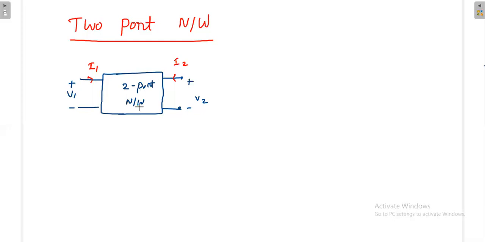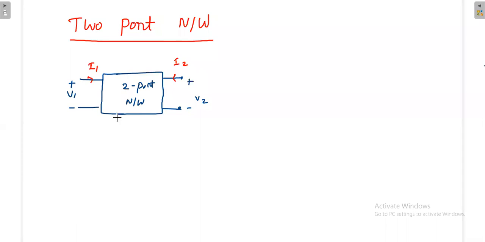It all depends on the circuit condition, what elements are present in the circuit, what is the source, what is the load that you are connecting. But by definition, the current is always entering into the two-port network. With respect to voltage, no problem. In reality, this may be negative also, we do not know. But as per the convention, we put plus sign on top, minus sign at the bottom, as a regular voltage. Here also, plus on top, minus at the bottom. It doesn't mean that the voltage and current will always be like this. It all depends on the circuit condition.